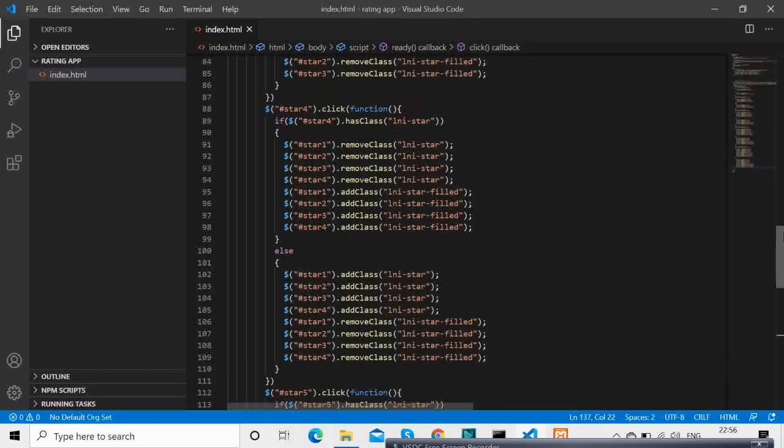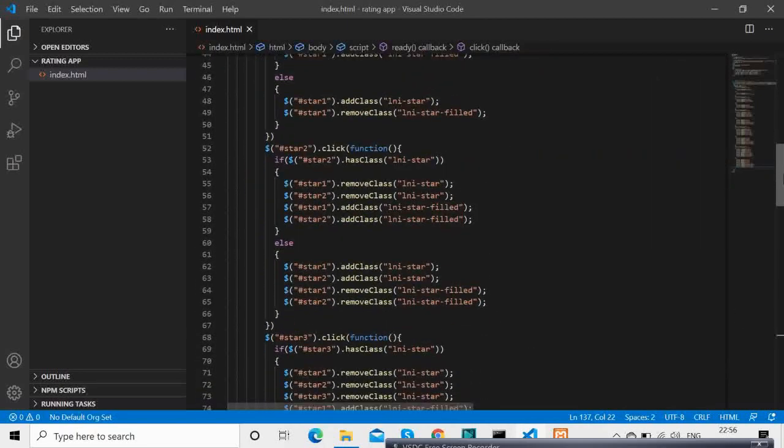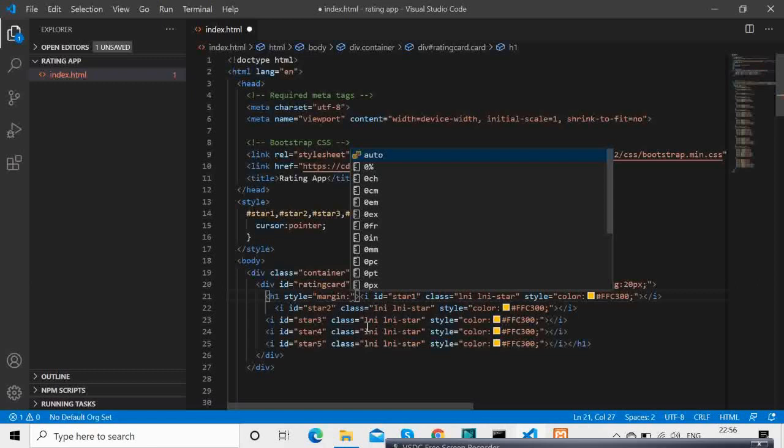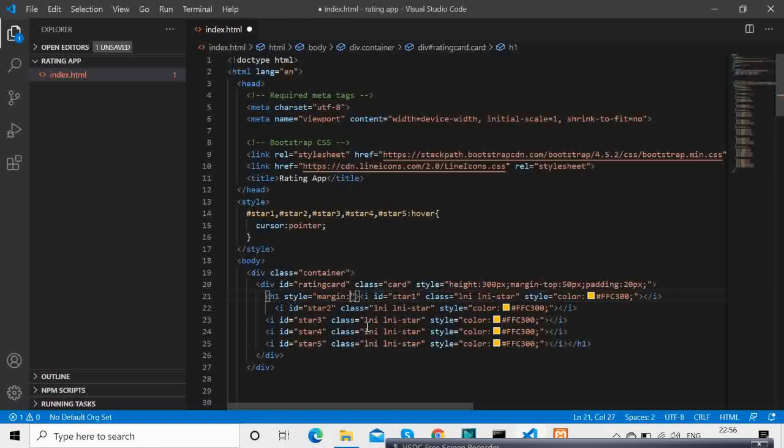So basically we are done with this, and now the next step of the application is displaying that result. Maybe in the next video we will send that value to the database using PHP and MySQL, so we will have a full-fledged application with a backend as well. But in this video we will just display it in a text. We will output the result, the value, using JavaScript, inside the HTML DOM. So let's do that.